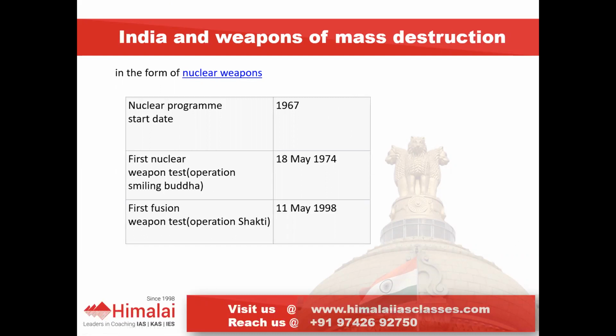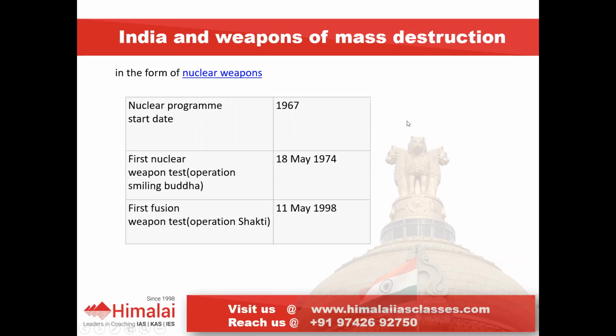Non-proliferation could happen either in a horizontal manner or in a vertical manner. Horizontal means do not spread this technology. If you have nuclear technology which is capable of making nuclear weapons, do not spread it to other countries. That is called horizontal proliferation. Vertical proliferation means if you have nuclear weapons, say for example India, if you have 500 nuclear weapons, do not increase that number. So the treaty wanted to prevent both horizontal as well as vertical proliferation.